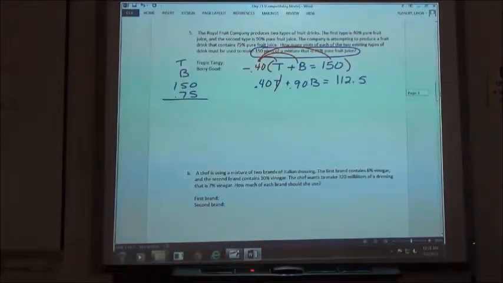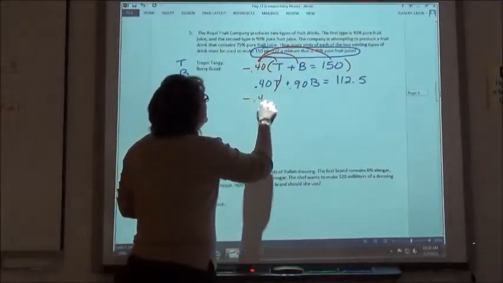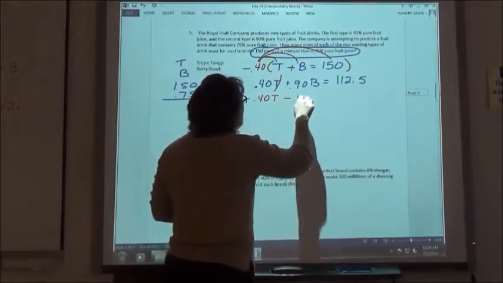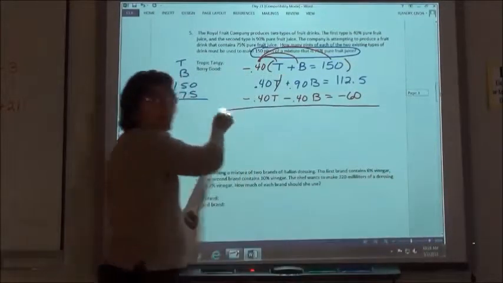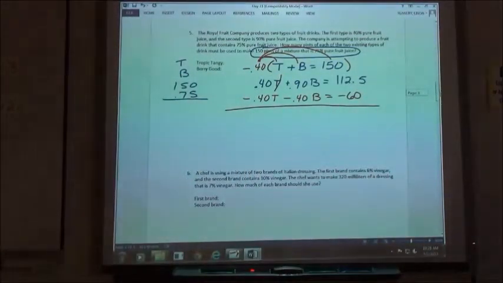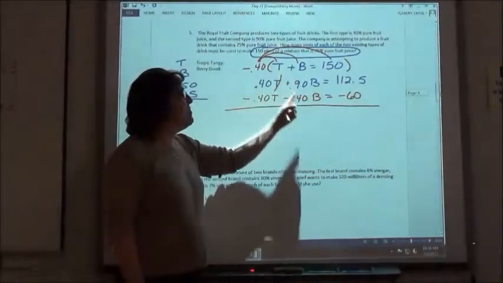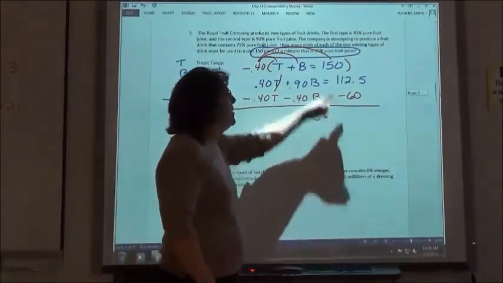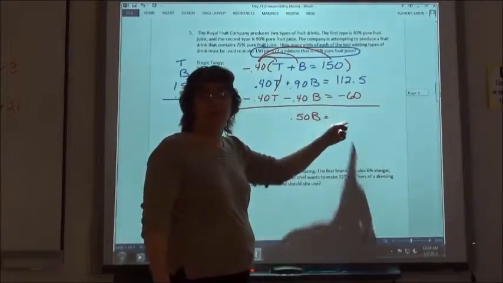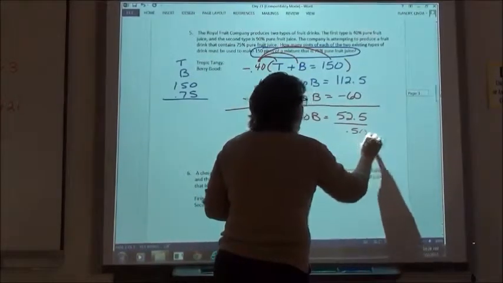So the bottom equation should have been 40% of T plus 90% of B equals 112.5. And then we can still multiply by our negative 0.40, so negative 0.40 T minus 0.40 B equals negative 60, which is negative 0.40 times 150. So when we add, 90% minus 40% is going to be 50% of B. 112.5 minus 60 was 52.5. Now if we divide by our 0.50,